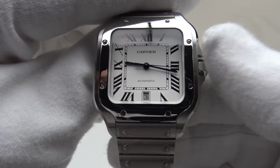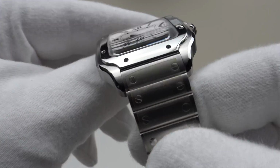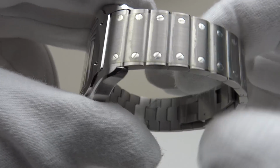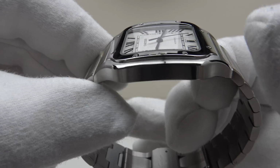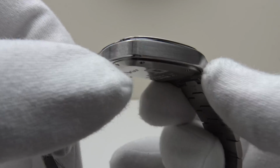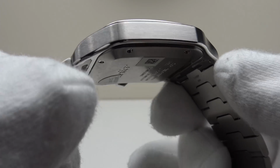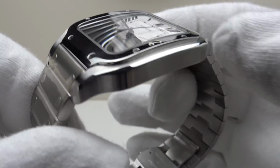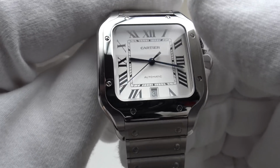It is the perfect daily wear piece. There are no negatives to it whatsoever. There is nothing I would change about it. Everything about it is just done to a flawless finish. The quality of the finishing to the head of the piece is some of the best I've seen. Particularly the brushed satin finishing is really top tier grade. It's just incredible. The mirror polishing is also top tier grade, and it's a credit to Cartier because they have